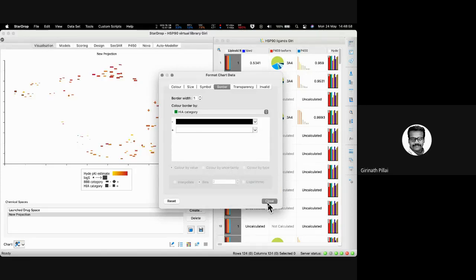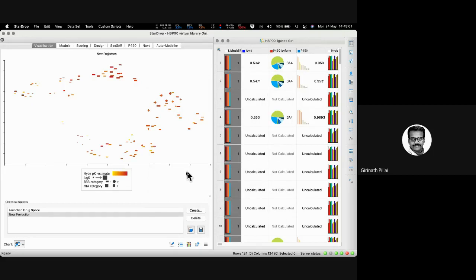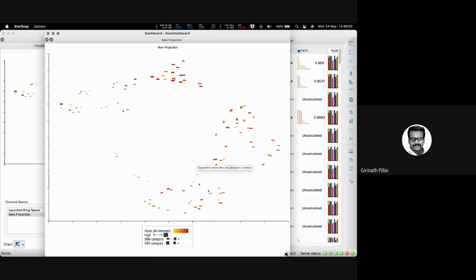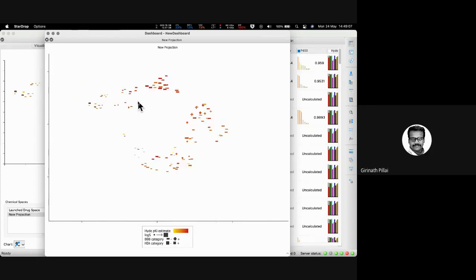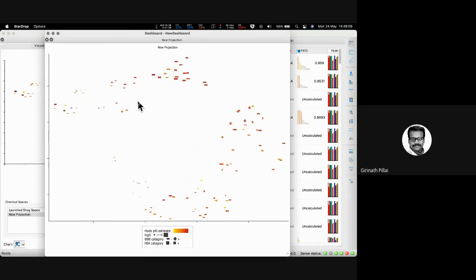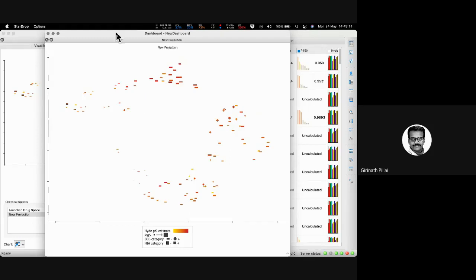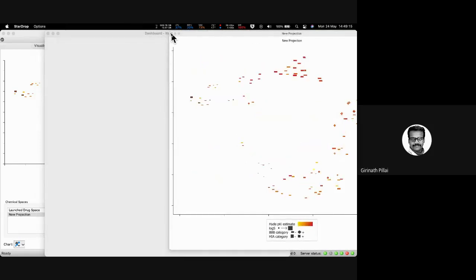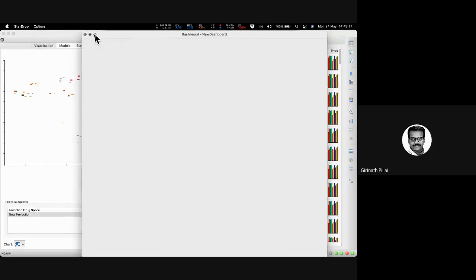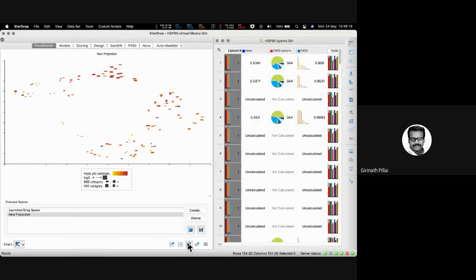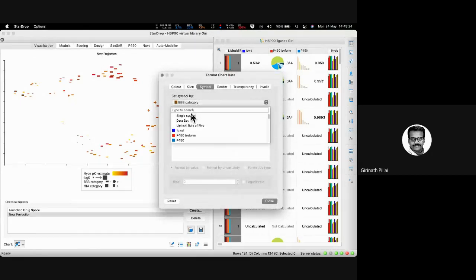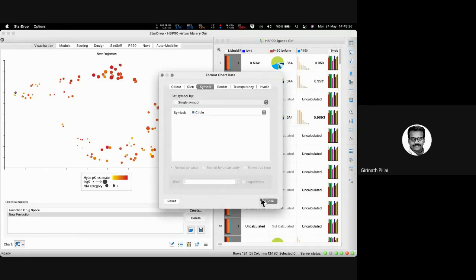Okay, and then close. So the information that I got from here is that just with this single particular chemical space, I can explain a lot. Let me try to change the color here. Sorry, because the visibility will be an issue for you. I'll change the symbol here so that at least it will look nicer. Yeah, now it is better.